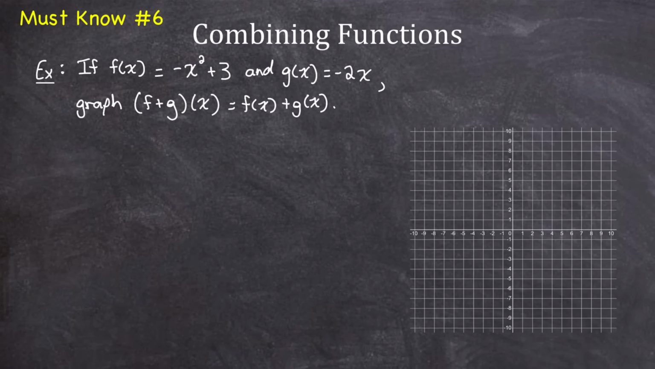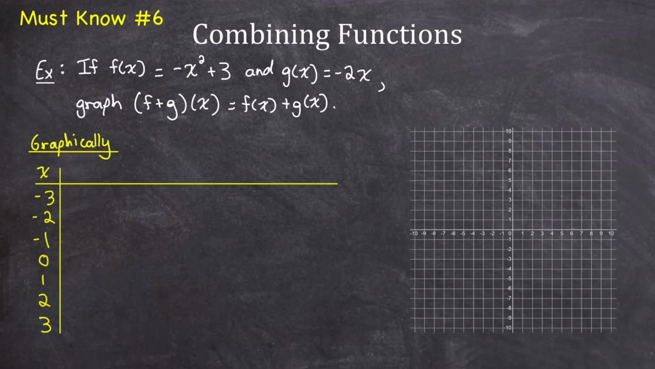We can do it graphically or algebraically. Let me show you the graphical method first. Let me start by getting points for both my f of x and g of x function. I'll choose x values between negative 3 and 3, and then I'll calculate y values for both f of x and g of x. To calculate the y values for f of x, I have to use this equation, which